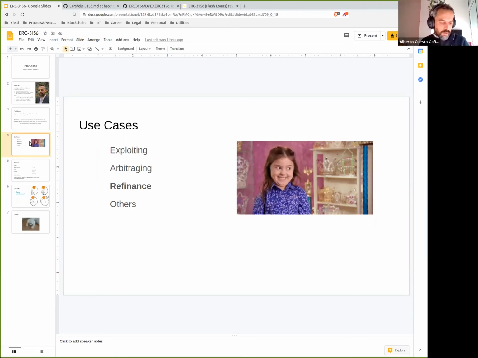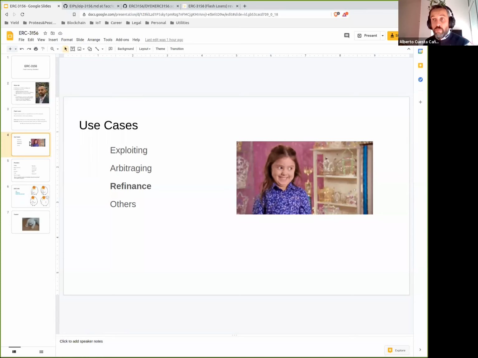Okay, so I will leak some alpha now. Congratulations to the listeners. So, for example, imagine that you have put Ether in MakerDAO and you have taken a DAI loan, okay? And then that DAI, you have used it for something else. Maybe you bought a Lambo with it. You don't have the DAI anymore, but you have the debt in MakerDAO. And the stability fee in MakerDAO starts going up. It was at 0% when you borrowed, and now it's 5%.